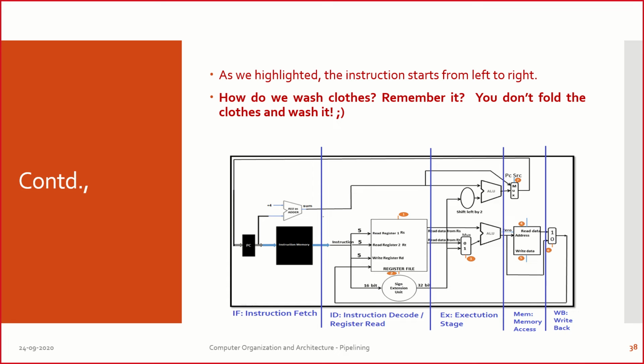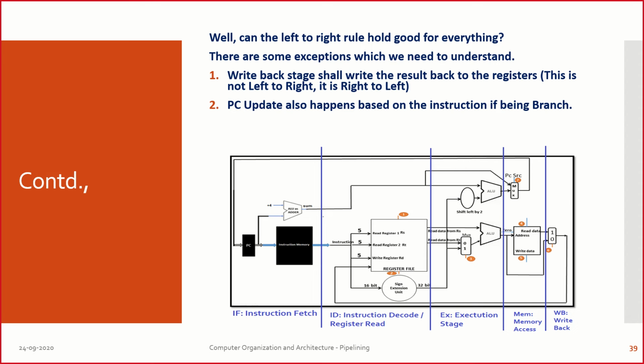And remember, everything goes from left to right. There are cases where things may come back from right to left, but most of the scenarios happen only from left to right. What I mean is, it starts from the left, the first stage instruction fetch, and it goes to the last stage where you write back. There are cases where we get it back. For example, when you take the R type instruction, you may have to write the result back into the register. So in that case, we have to update it from right to left.